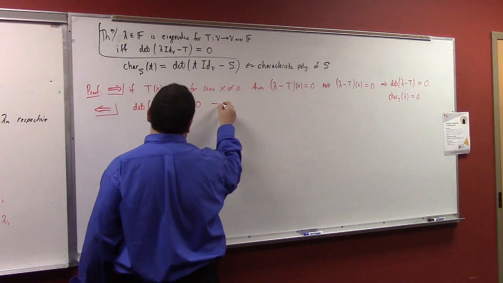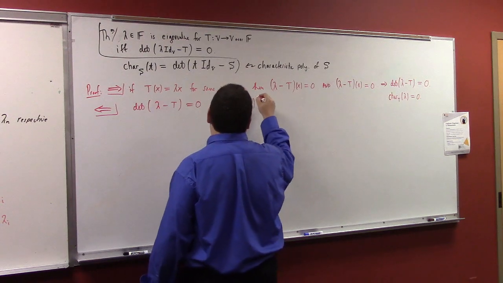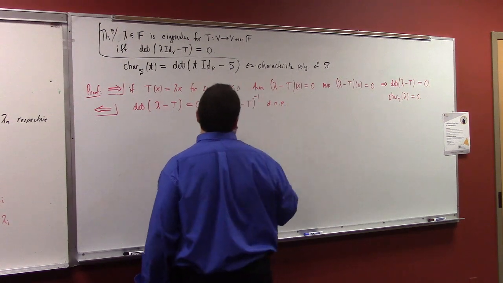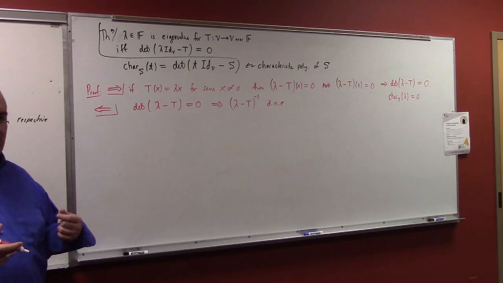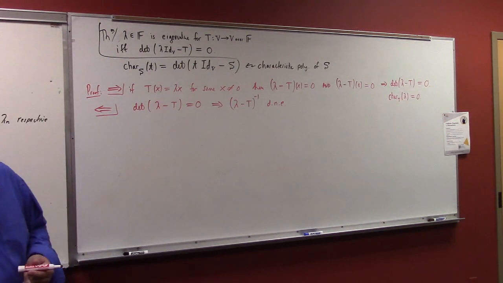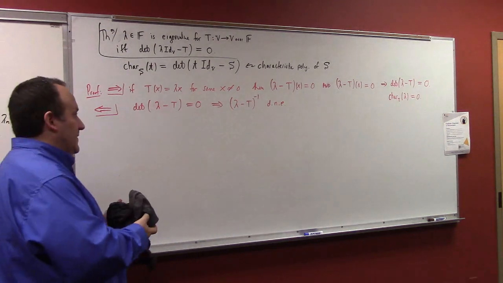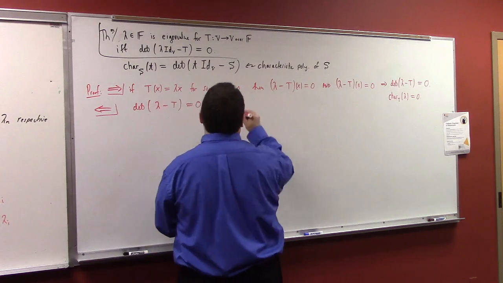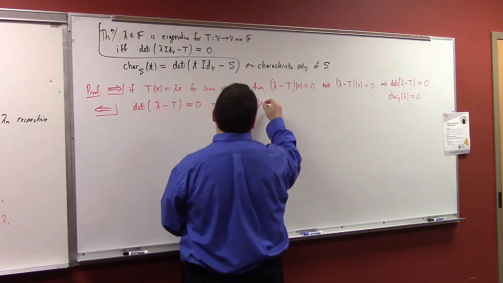This implies that the inverse of lambda minus T does not exist. But we don't even have to go to that. Let's get straight to the point. It's not that the inverse doesn't exist, that's not the interesting thing. The interesting thing is that it must have a non-unique solution. That means that lambda minus T times x equals 0